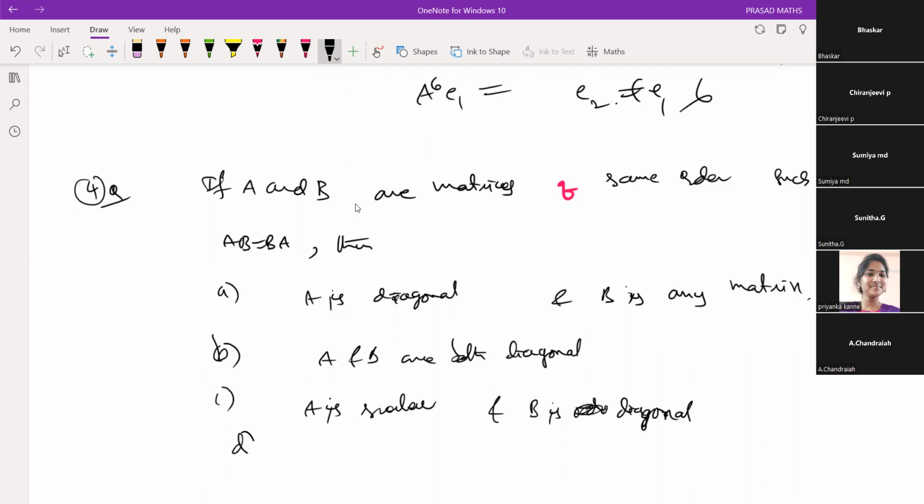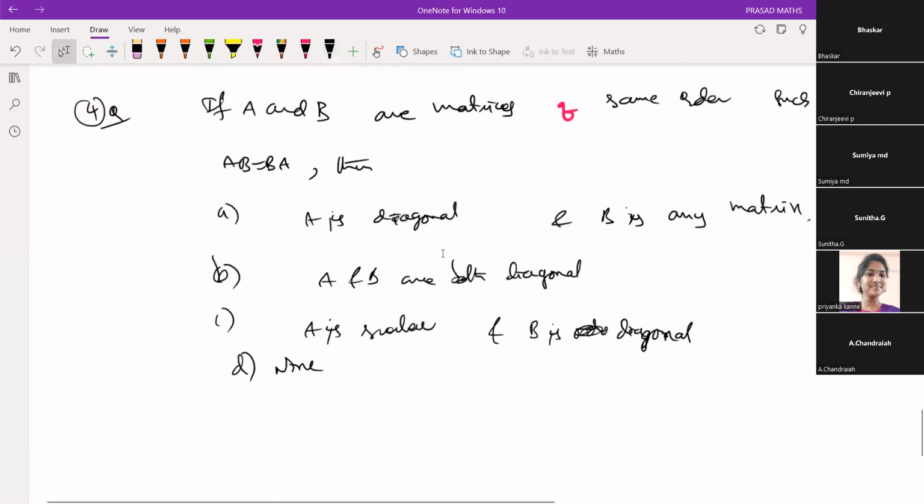What is D? None. Tell me which answer is right. So check the first option. A is diagonal, B is any matrix, check that. A diagonal means, check the first option. Diagonal means you can take this 1 2 0 0. B equals to, suppose